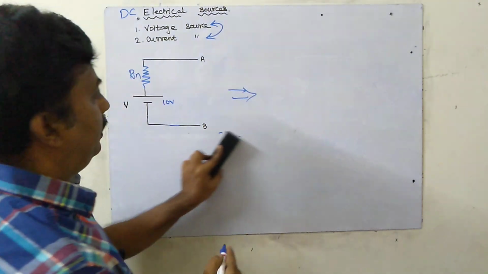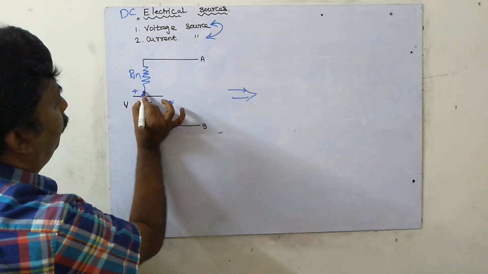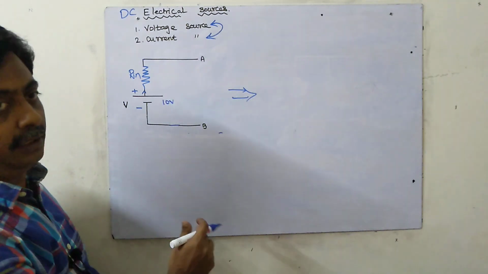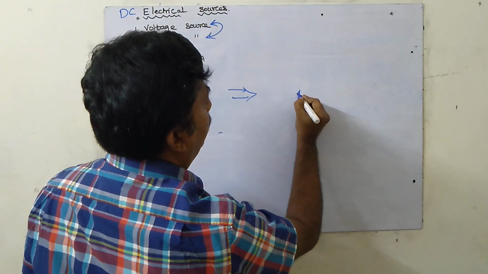Nothing but simple. We have to note which terminal is plus and which is minus. How will the current flow? The current will flow from plus to the opposite side. There may be many circuits here. So to convert, since the current is flowing in the upward direction, I am putting the arrow mark in the upward direction.